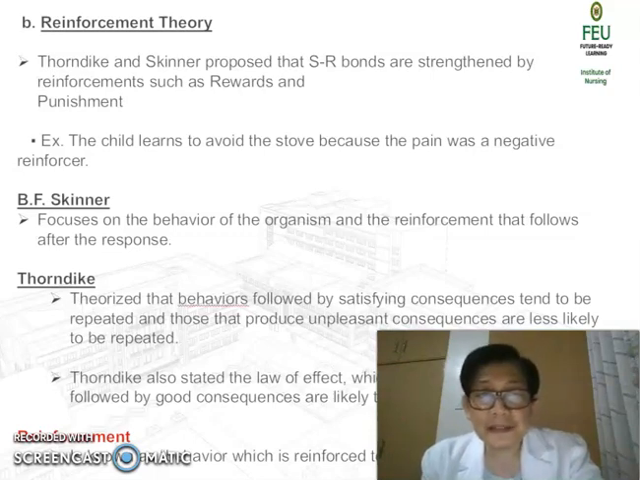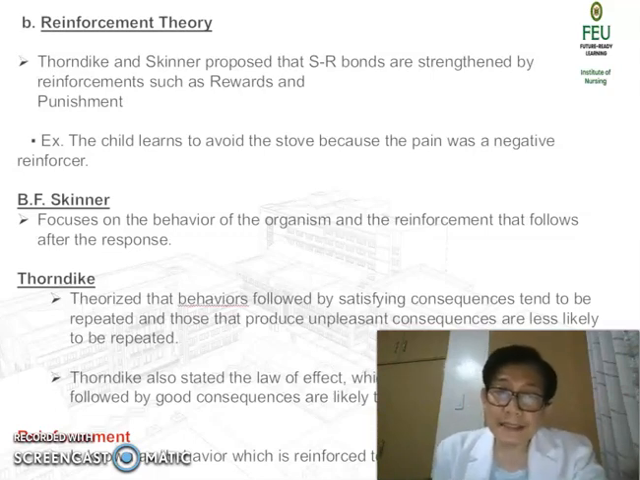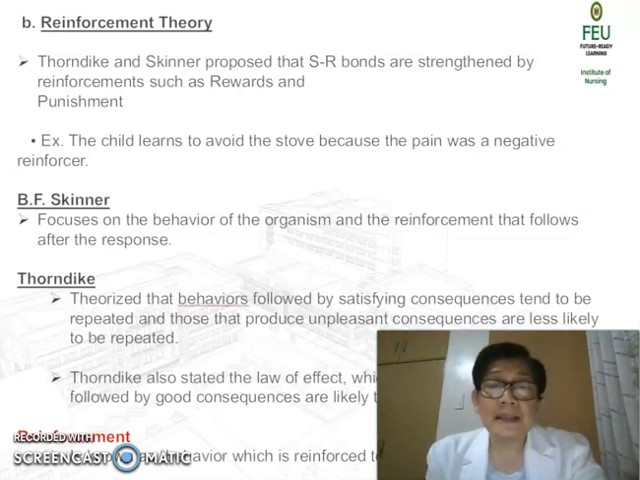Now, according to B.F. Skinner, it focuses on the behavior of the organism and the reinforcement that follows after a response. Thorndike theorized that behaviors followed by satisfying consequences tend to be repeated, and those that produce unpleasant consequences are less likely to be repeated. Important, we learn from experiences, and if that experience is not very pleasant to us, then